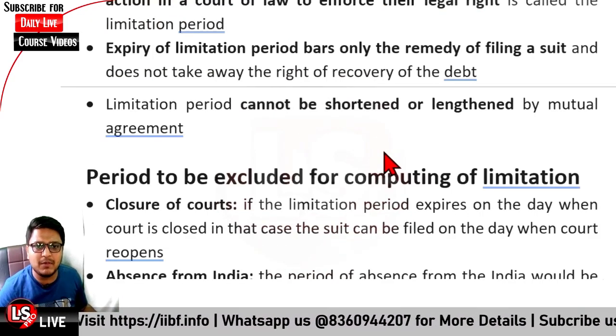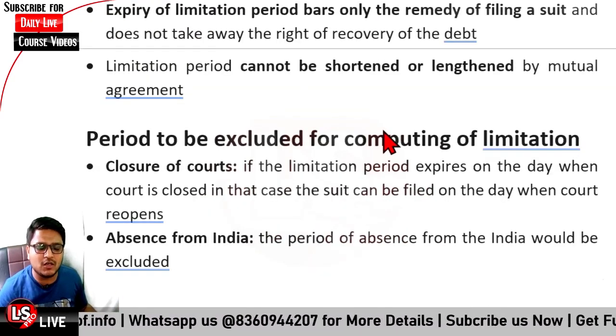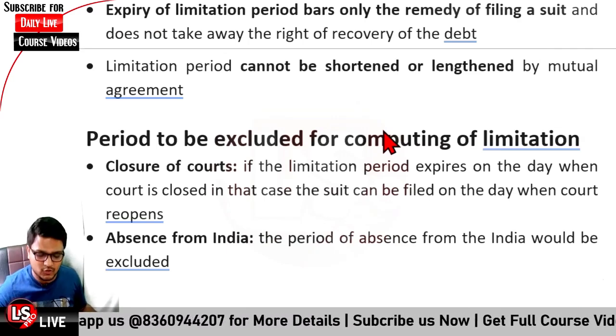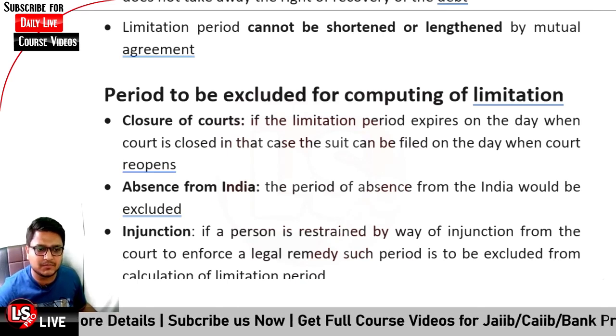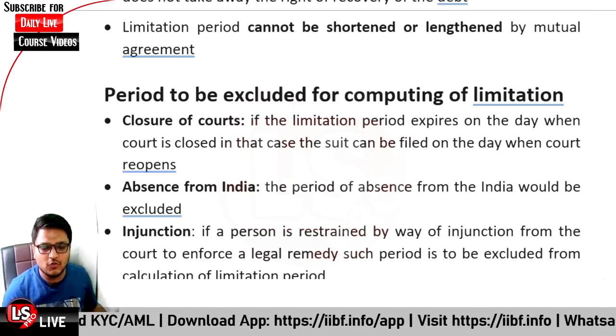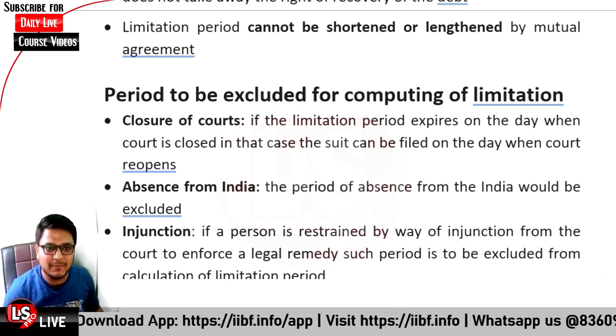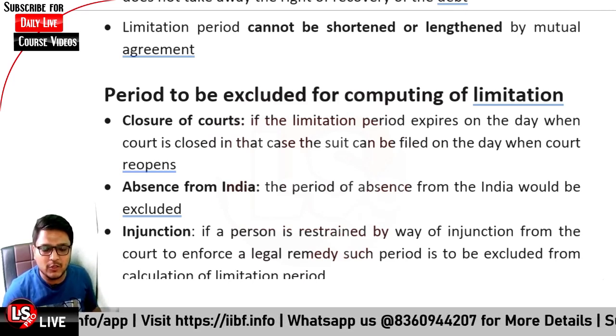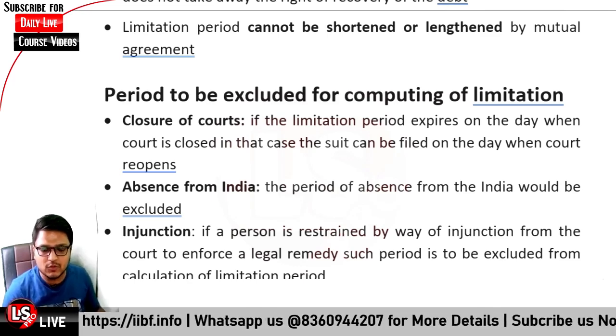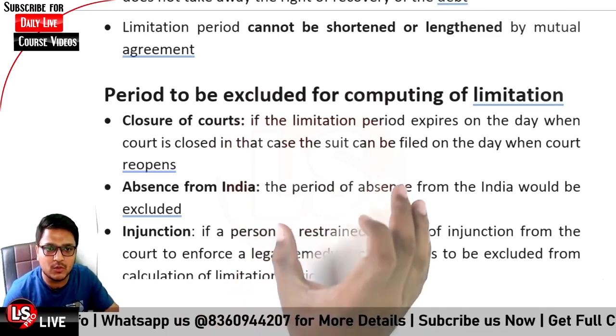Then it is regarding period to be excluded for computation of limitation. So while calculating the expiry date of limitation period, which period is to be excluded? It is as per the options given below. So first of all, it is regarding closure of the court. It means